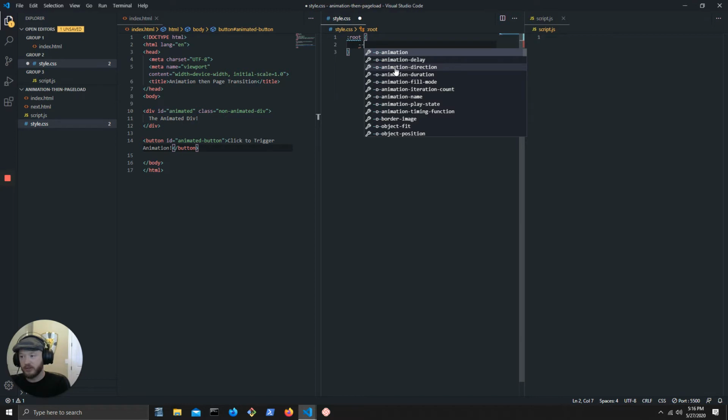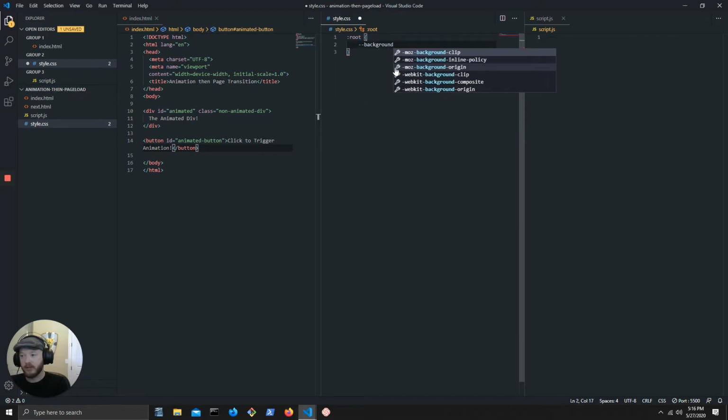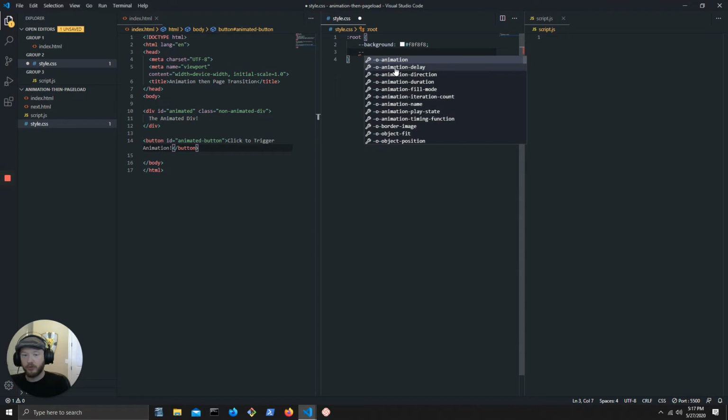To do that, you would do 2 dashes, and then you would say whatever the variable name is. So in this case, background. And then I would set that to kind of an off-white color here. I'm just going to use hexadecimal here. That's fine, but you could use RGB or the color name if you knew it. So we're going to do that, and then we're going to go ahead and set a few more colors here as well, following that same format. So we're going to do a red,